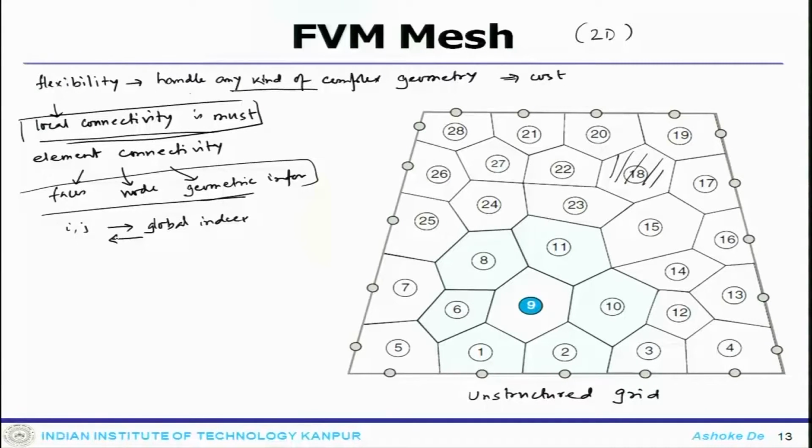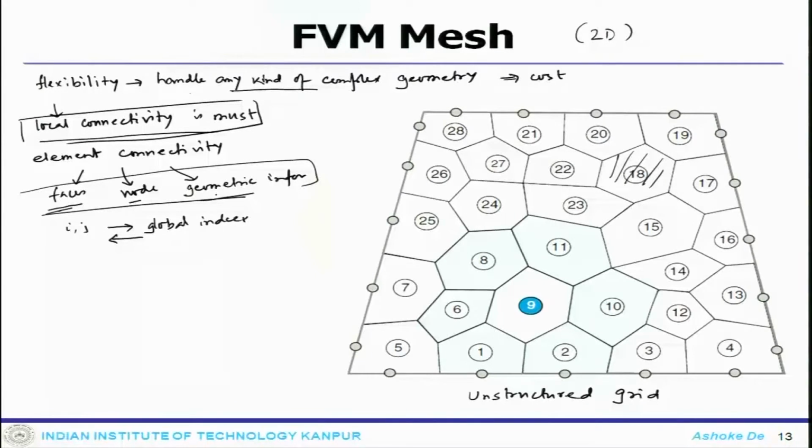That means, from local to global or global to local transformation is much easier, whereas in the unstructured grid, that is not straightforward. So, it requires some sort of involvement while keeping track of elements' connectivity, local connectivity, and then accordingly from the local connectivity to the global connectivity. The elements which are surrounded by the other elements, you need to keep track of that, which essentially comes with some node information, face information and other information.